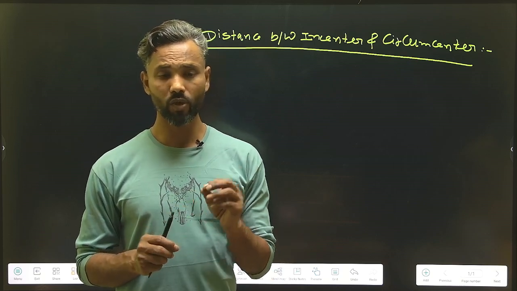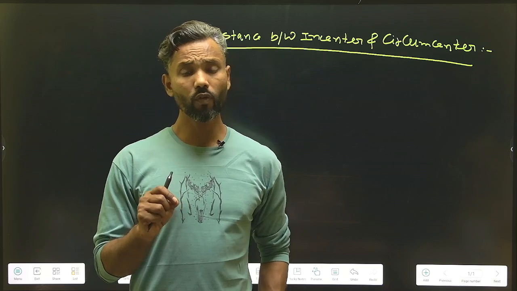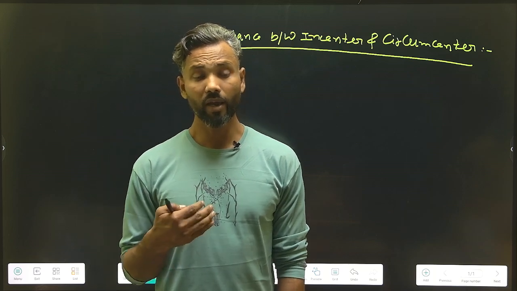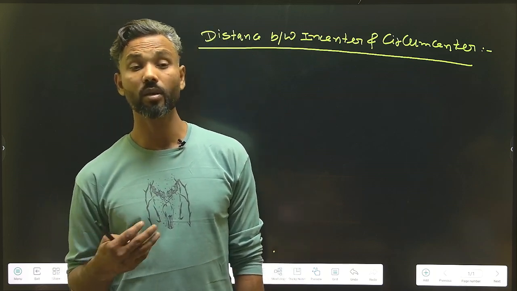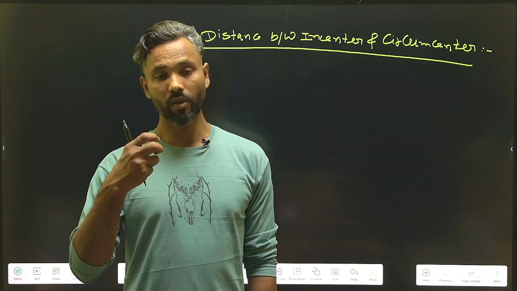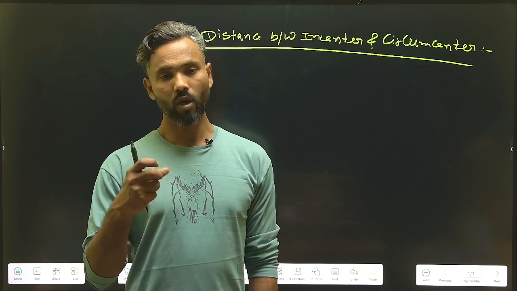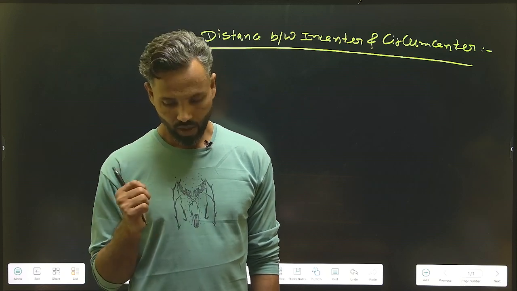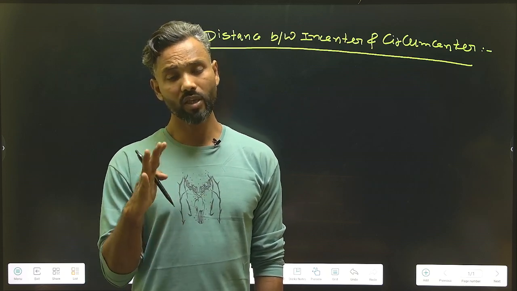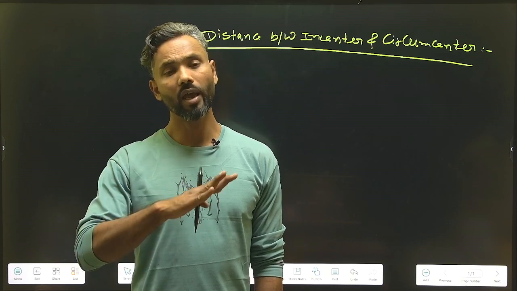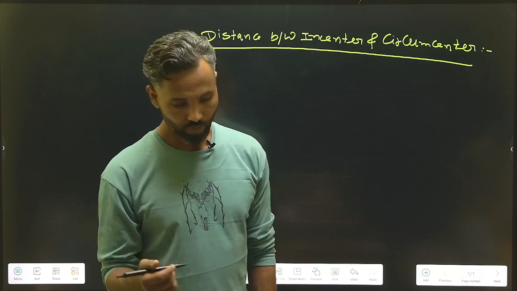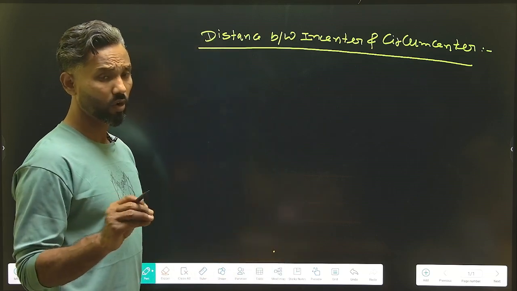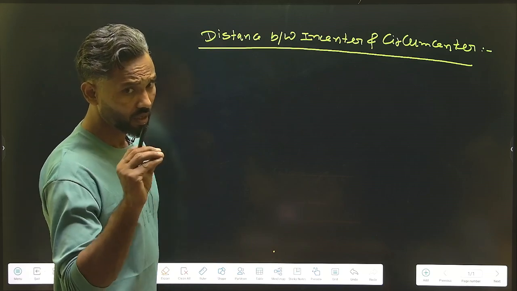As you know very well, the intersection point of all three interior angle bisectors is known as the incenter. And in the same way, what is a circumcenter? The point at which the perpendicular bisectors of the sides intersect each other is the circumcenter. So we have to calculate the distance between the circumcenter and the incenter. If in any question you are asked to calculate this distance, you have to